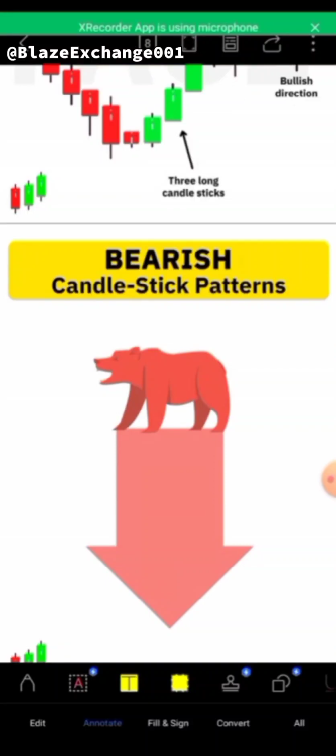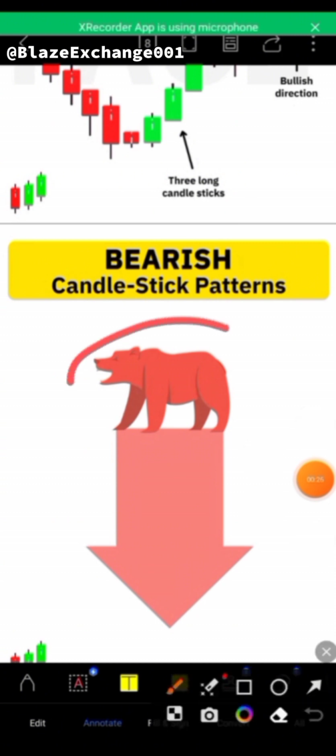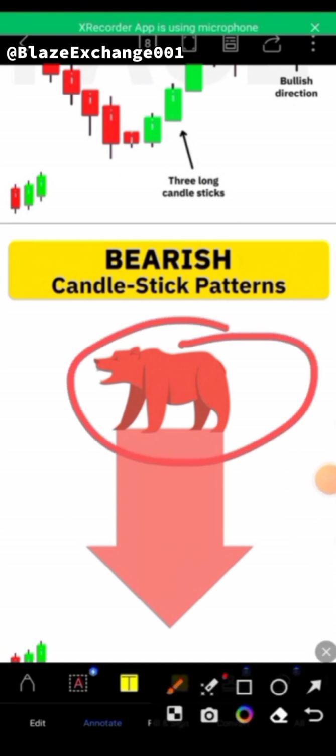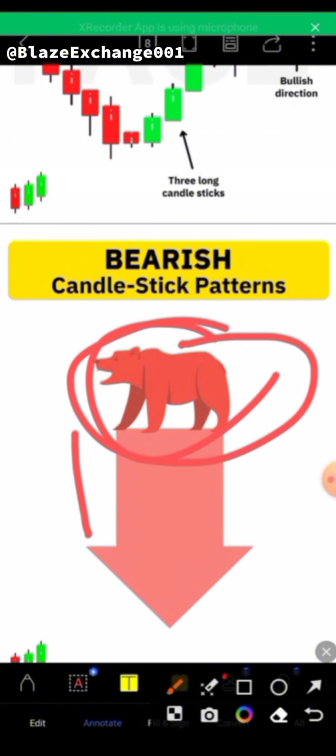So now we are talking about bearish candlestick, and I've already explained bullish candlestick to you guys. Now we are on bearish candlestick patterns, and from the word bearish, that's why I gave the example earlier with the bear. Let me say this is a bear, and this bear goes down into, let me say, ice or snow, anything. That's why they use this particular animal as an example, and that's where the name is derived from.